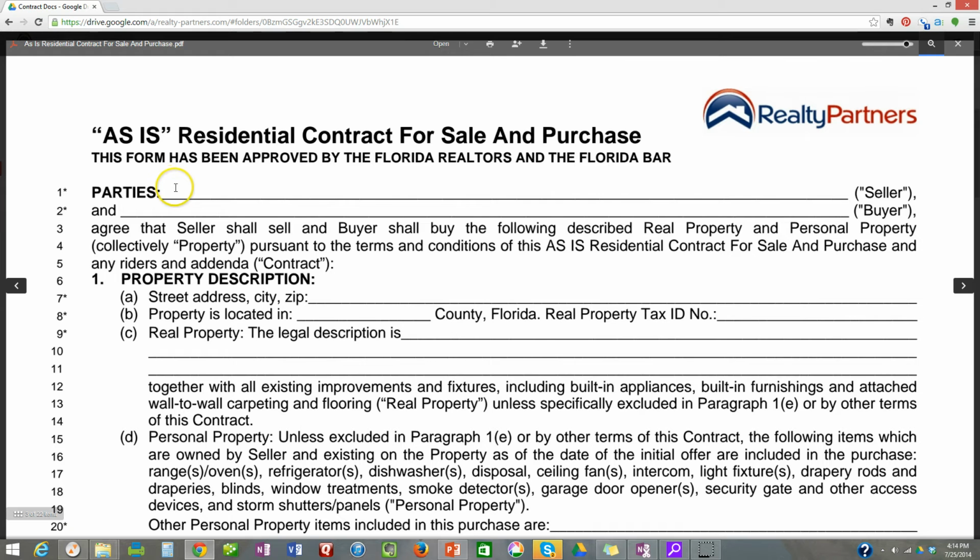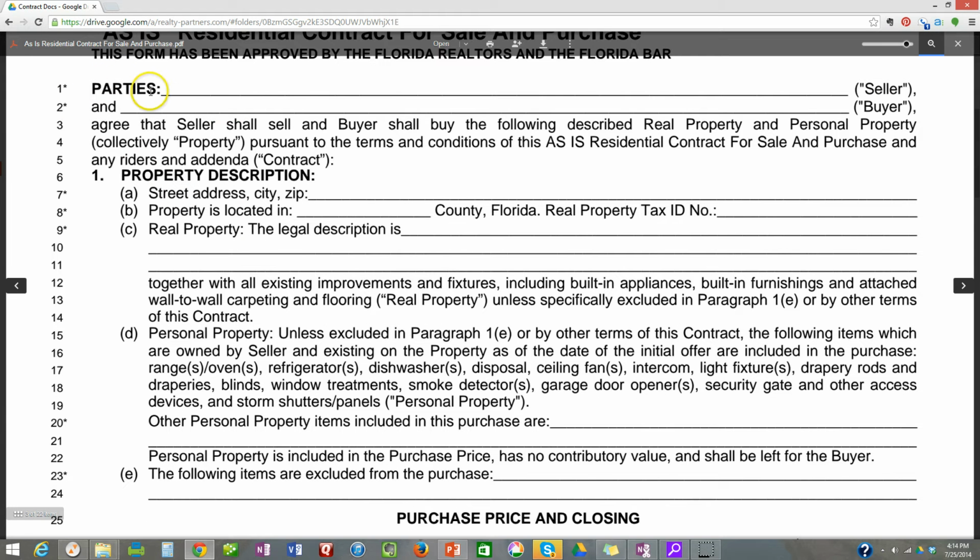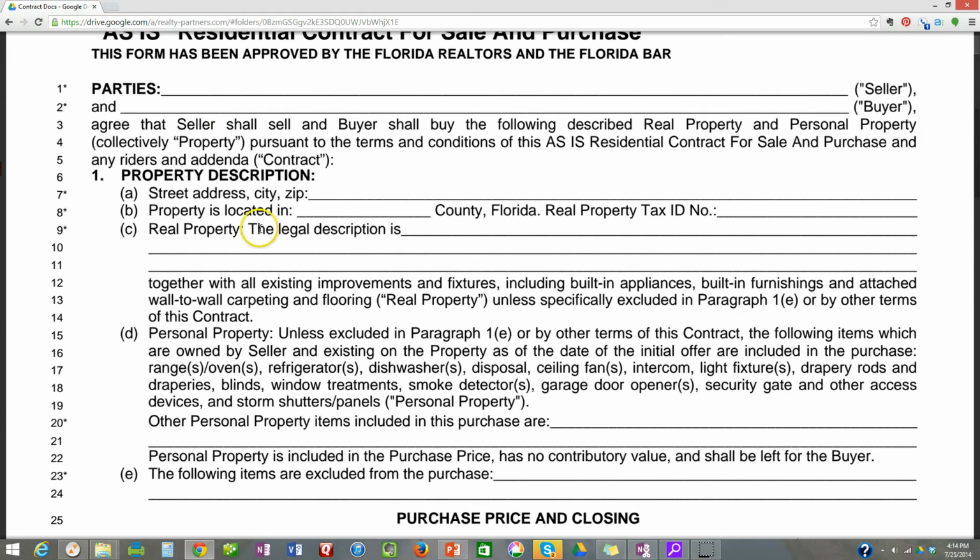All right, the standard components of the contract, the parties, the seller, buyer, none of that is really changing between an as-is contract and a traditional contract. And just to simplify it or make it a little bit more simplistic, the main difference between an as-is contract and a traditional contract, on the surface, there are some other differences that I want to point out, but the main difference is that on an as-is contract,